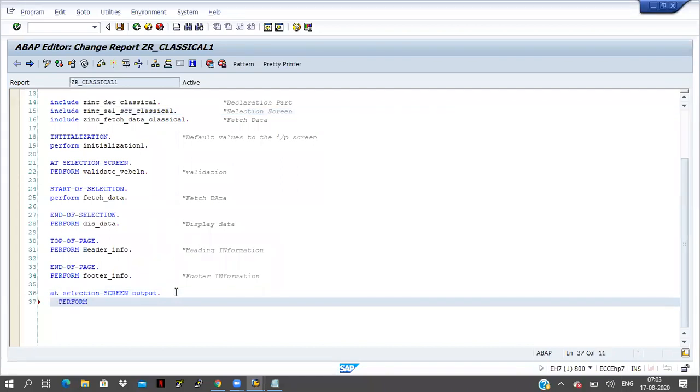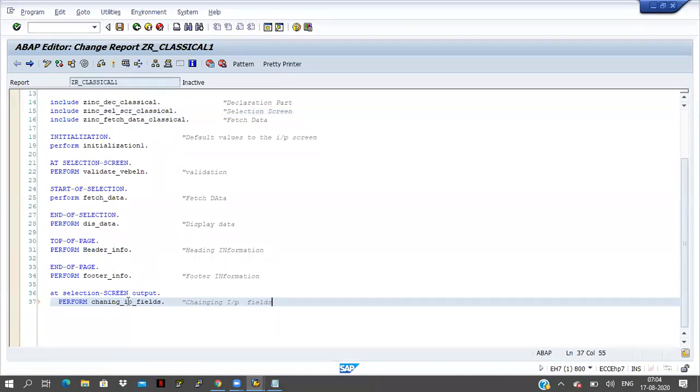The perform name is changing input fields. Something I'm taking here. Now double click on this one.